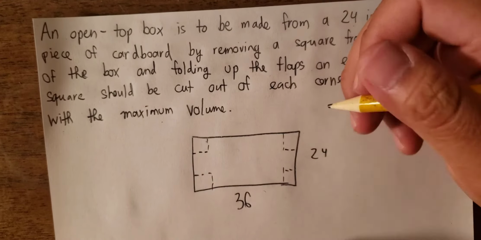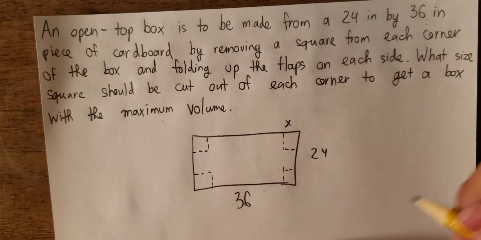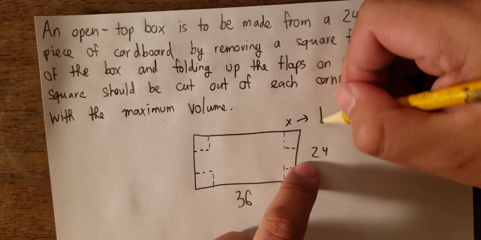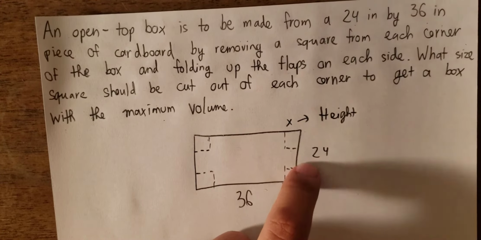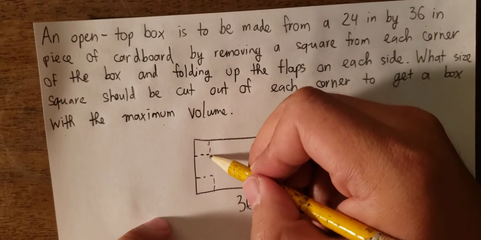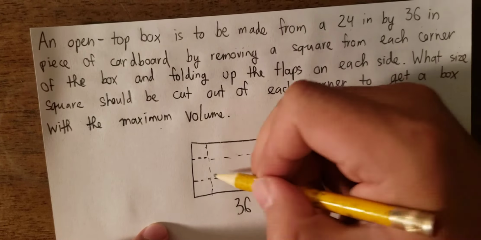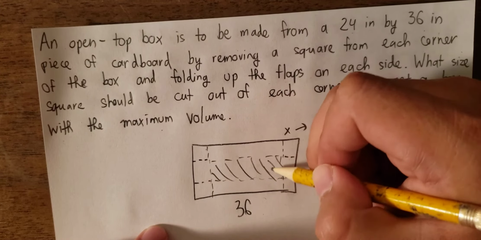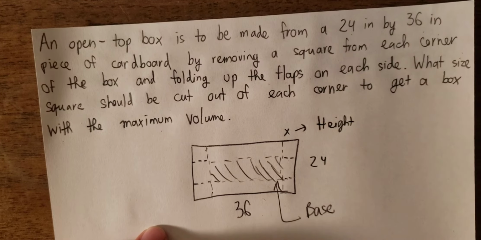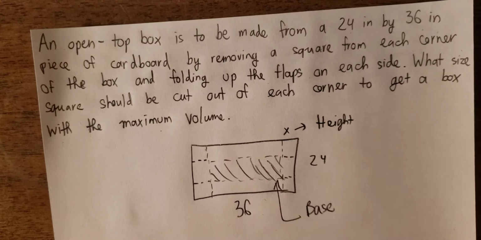So first we put the s in here. s is the side we need to cut in the square. Because we fold up, the s in here should be the height of the box. And because we fold in here, the base should be in here. Let's see about the base of the box. The length and the width of the base should be